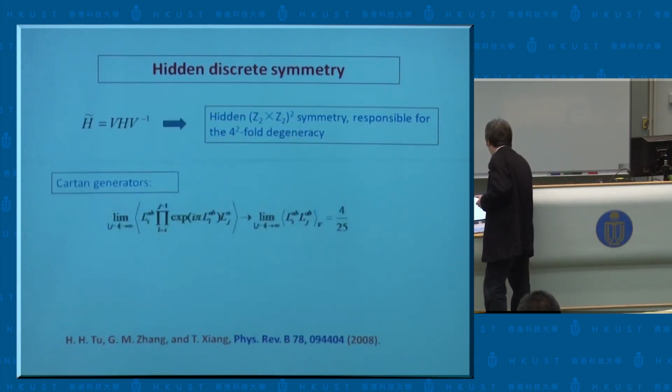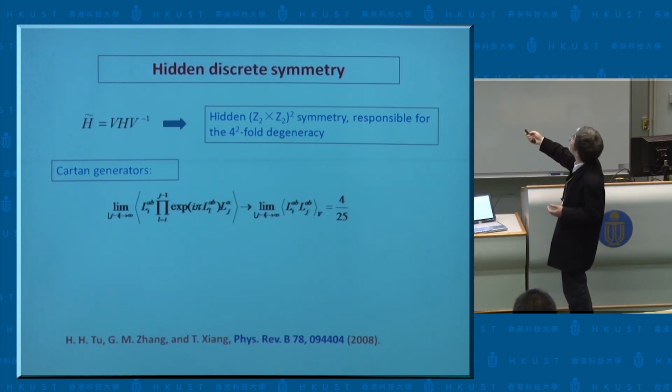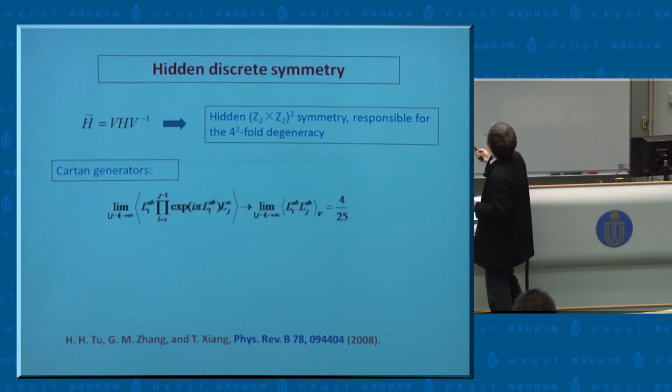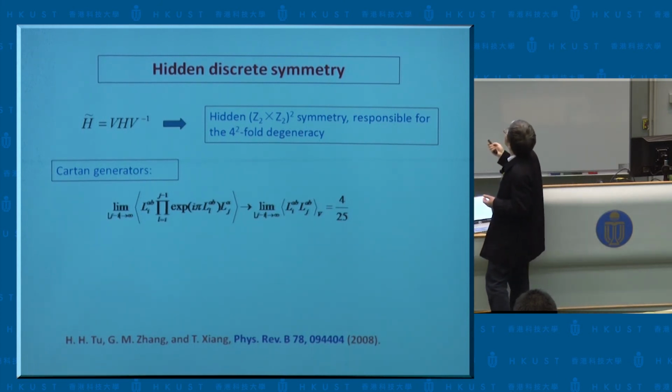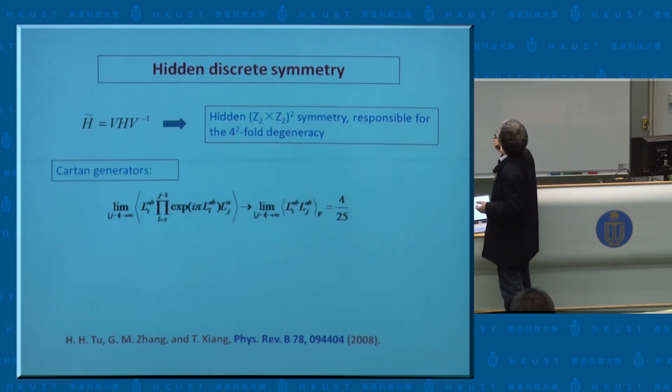Then we also find that in the spin 2 case there's a non-local unitary transformation, which gives us a hidden discrete symmetry, the C2 cross E2 square discrete symmetry,